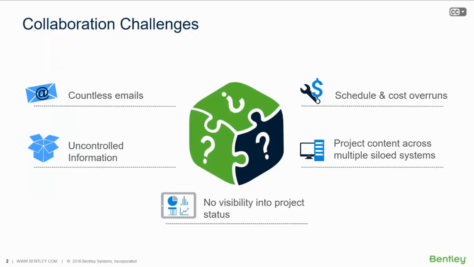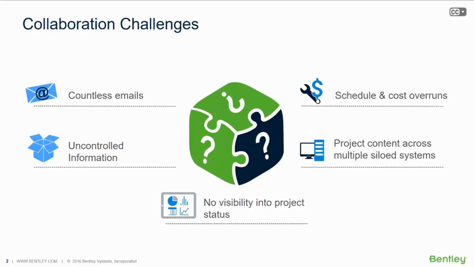A major challenge you and many organizations face today is connecting project teams to information and making that information accessible by all of your team members, whether they're remote, as well as your project stakeholders and project participants. Many organizations do not offer a standard system for project collaboration, and often you'll rely on emails. Sometimes you'll rely on uncontrolled information like Box or Dropbox, and many of you still may be using FTP sites. Ultimately, these